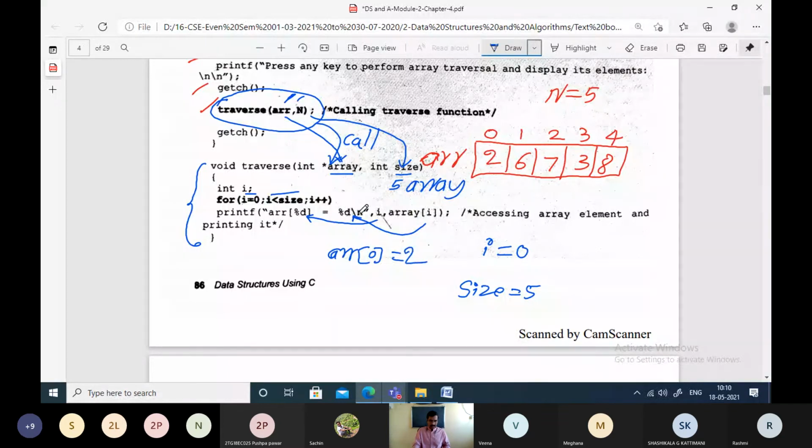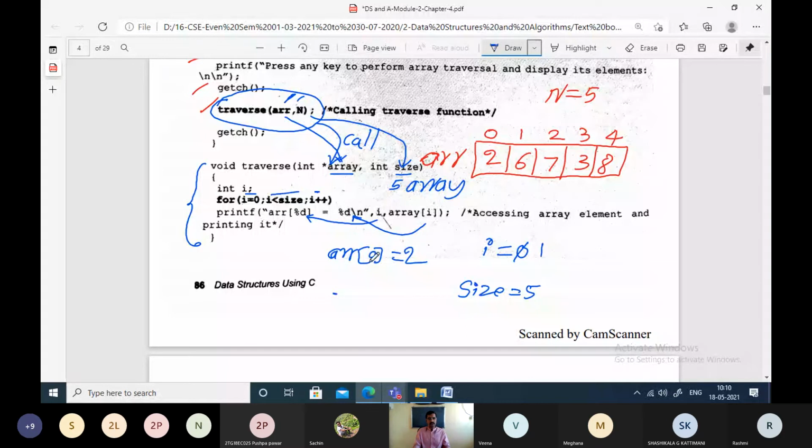And see here we have backslash n. After printing this, the cursor will go to the next line and it will be blinking there. After executing the statements within the for loop, the next step is to increment the for loop variable. I will be incremented to 1. After incrementing, again we have to check the condition whether 1 is less than 5. Yes, it is true. If it is true, only then we will enter the for loop.